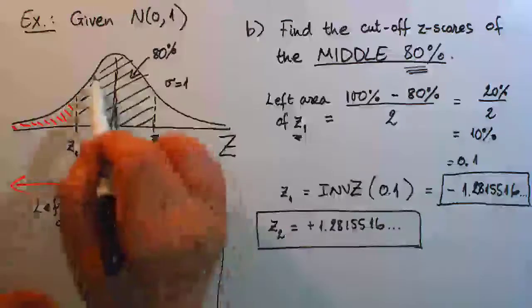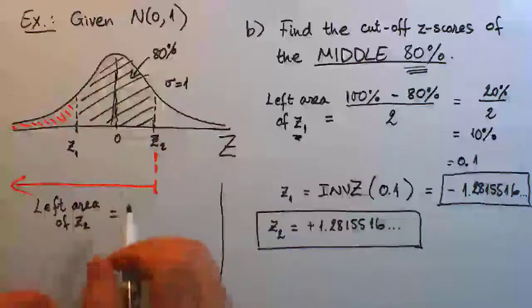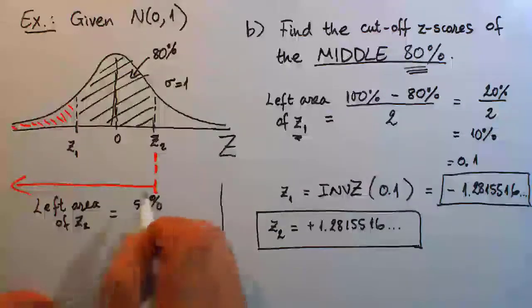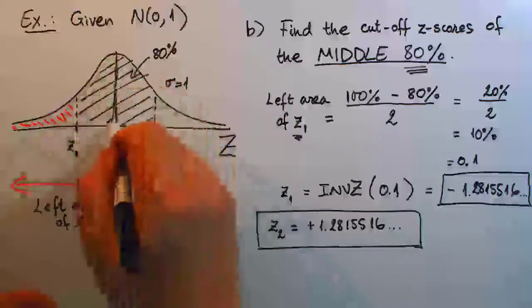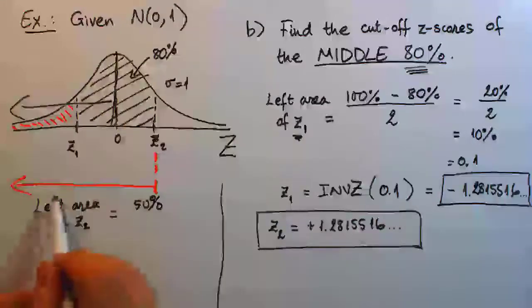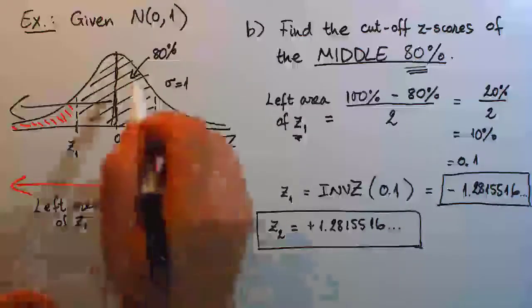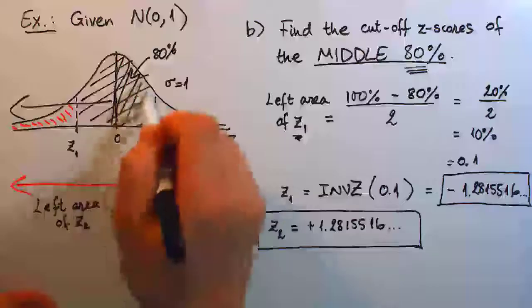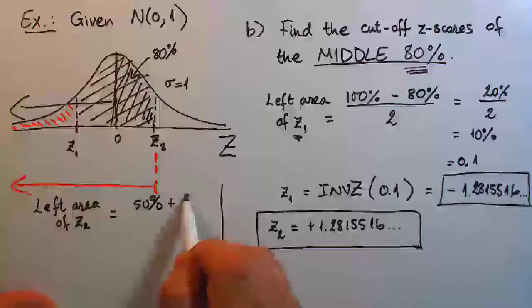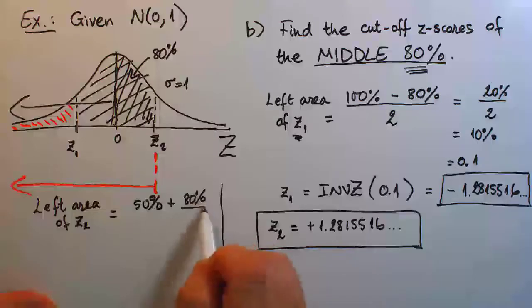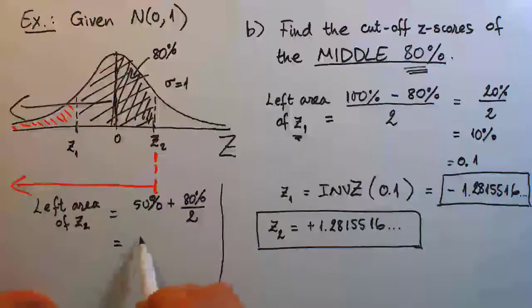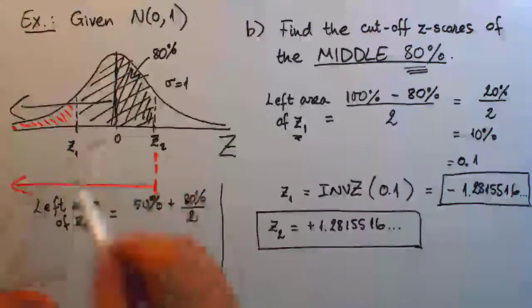All that area to the left is already 50%. So 50% is all this area from the center that way. But now the total accumulated area to the left of Z2 has to be accumulated together with this much area here. And so in that way, I'm going to add half of the 80. So 50 plus 80 over 2, which gives me